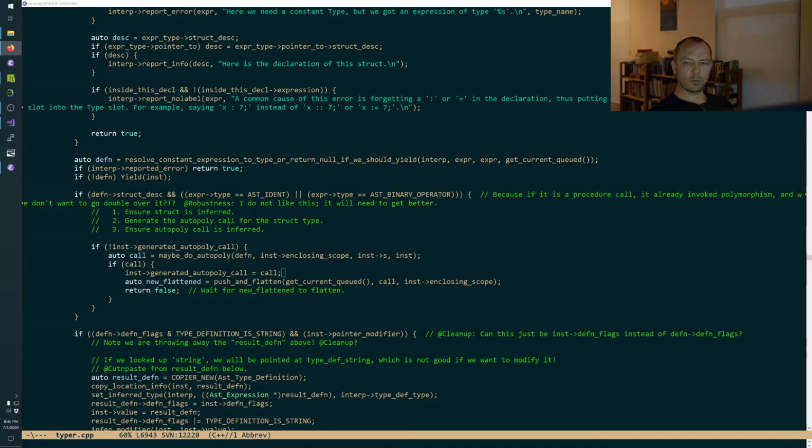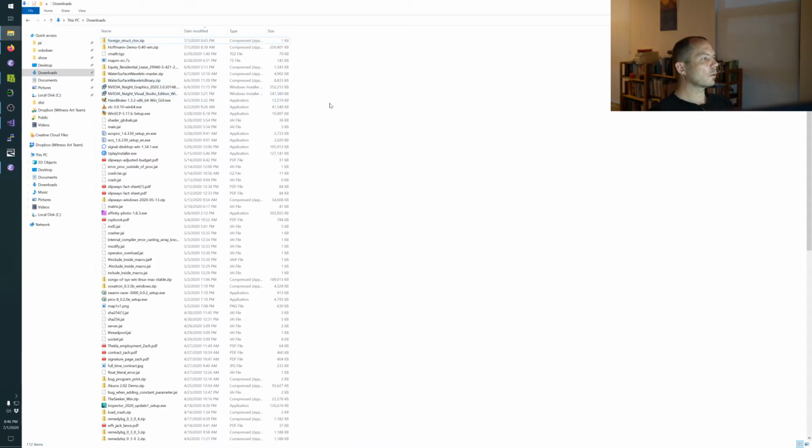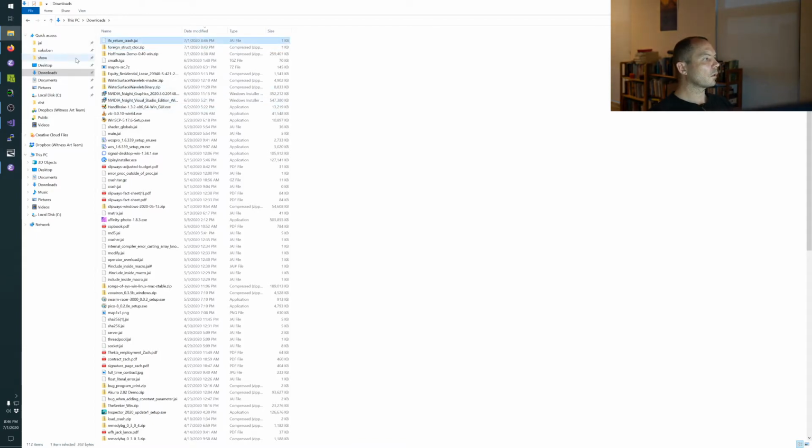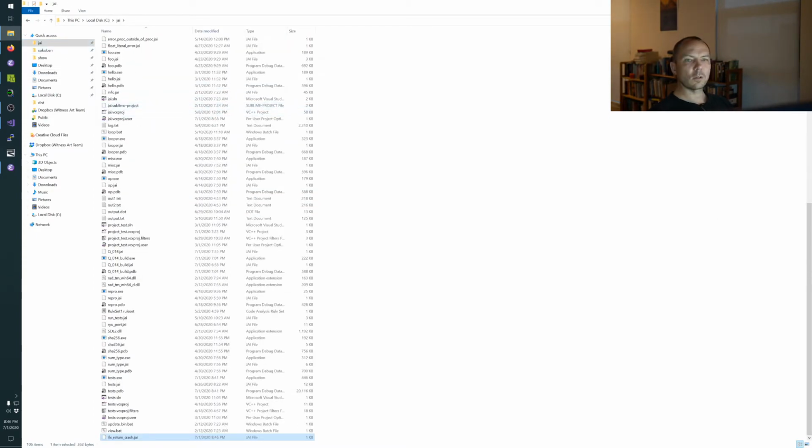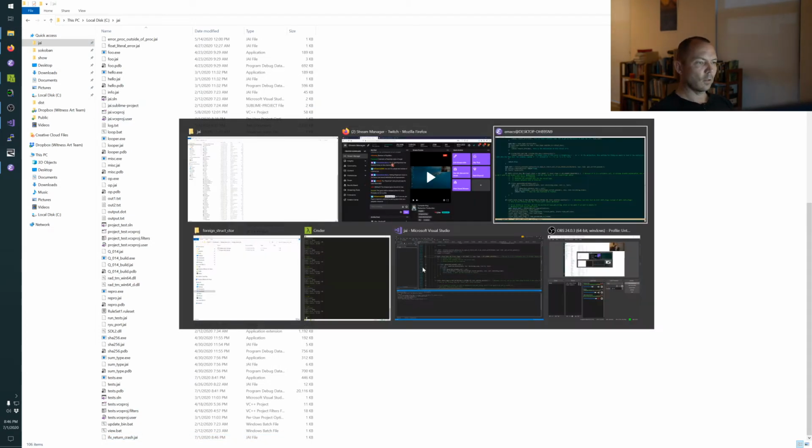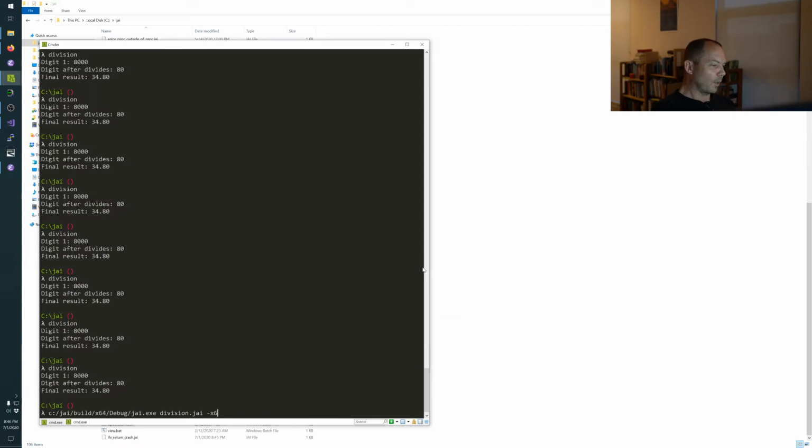Compiler crash using return inside ifx. We can't add any more playable characters to Sokoban.